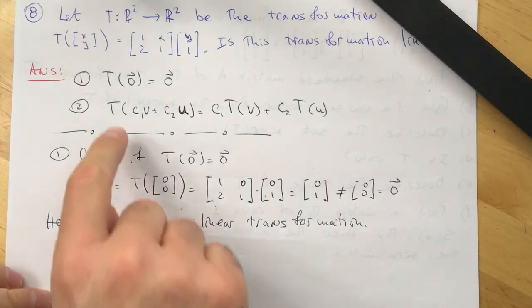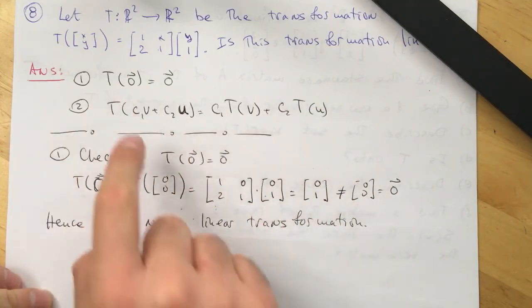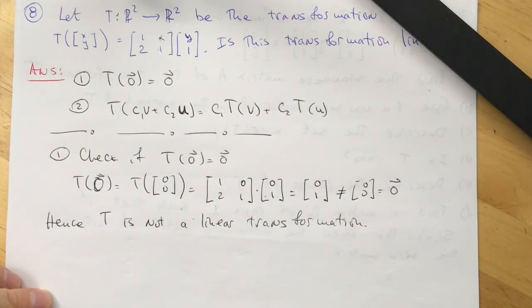We don't need to prove or check whether the second condition works or not. If the first one is not satisfied, we just conclude that T is not a linear transformation. Okay,